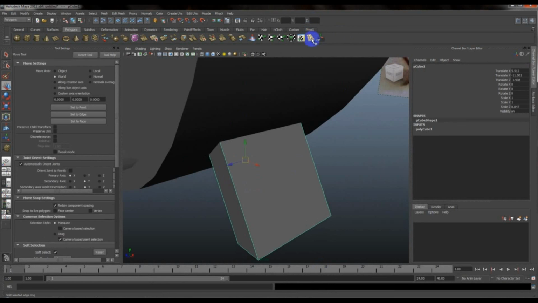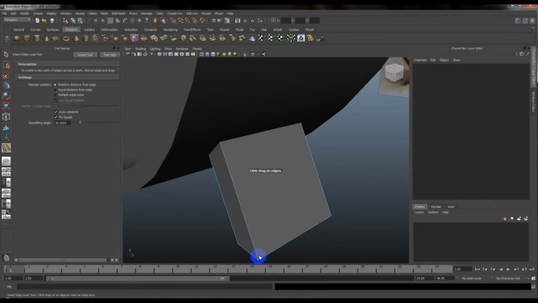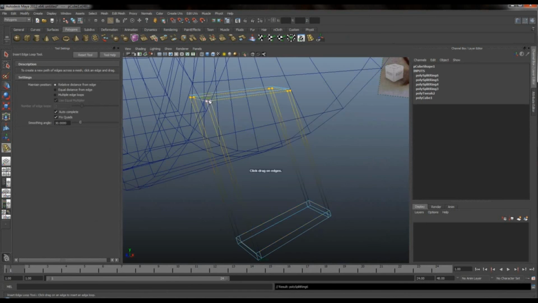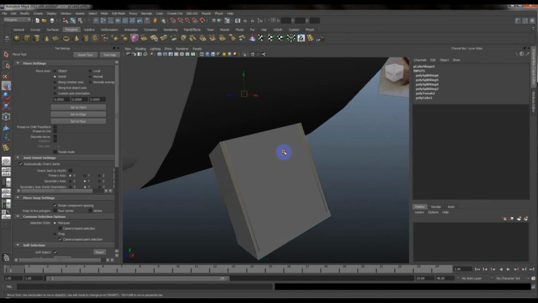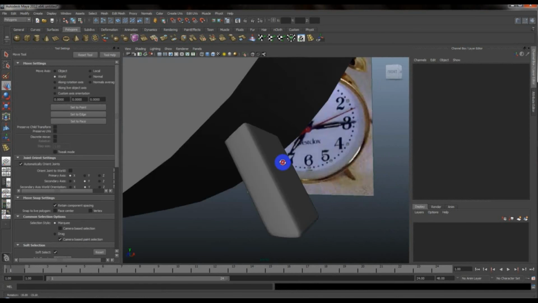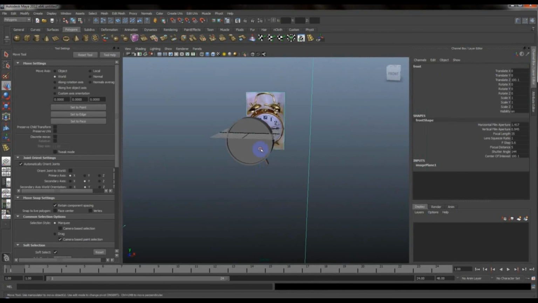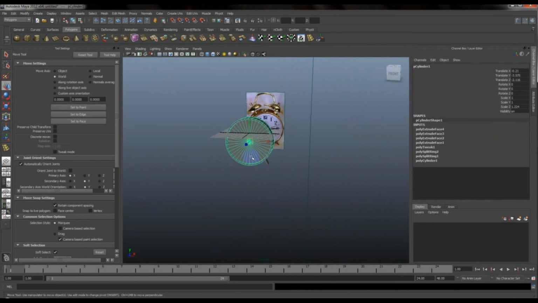Reduce its scale down a little bit from the width. Put some edges on it so that it looks much smoother. If I want to smooth it out later, yeah, that looks too good. After that I select that